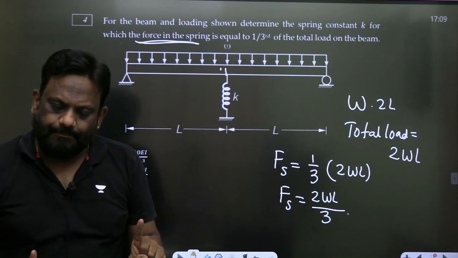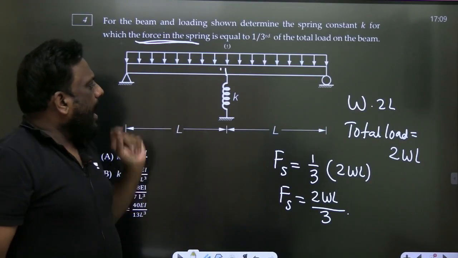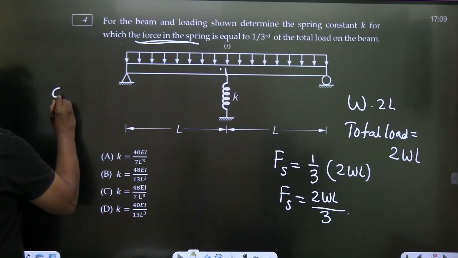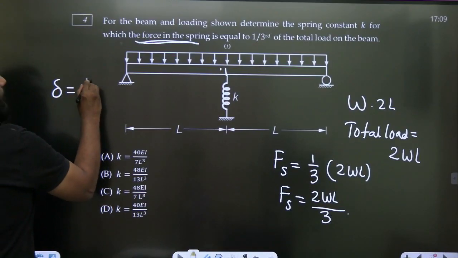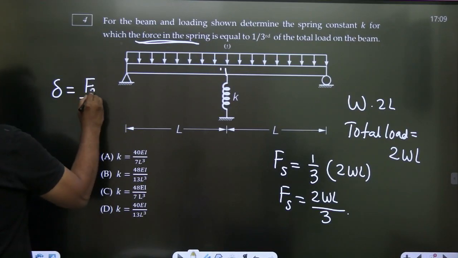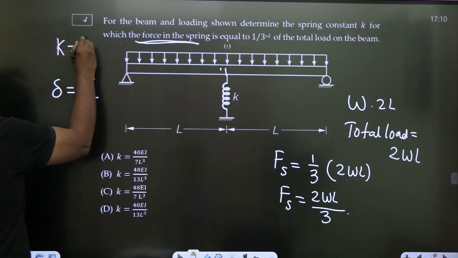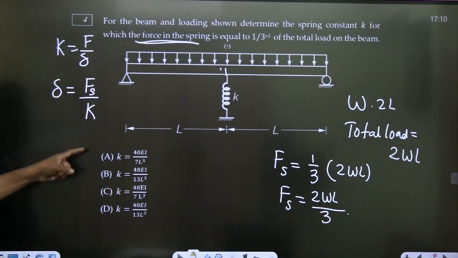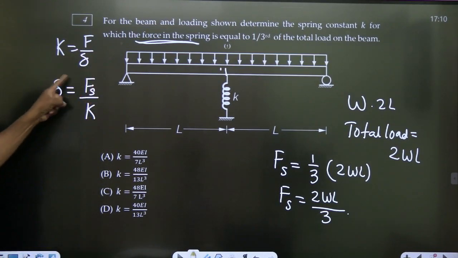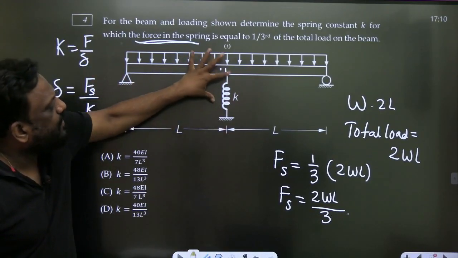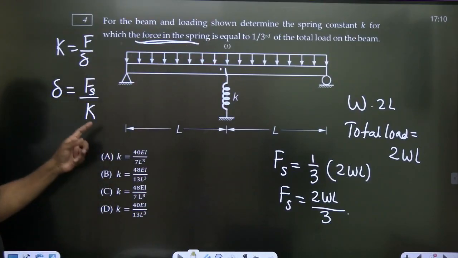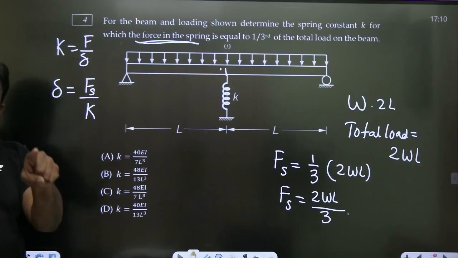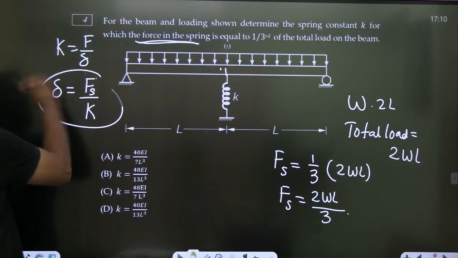Let me repeat, don't get confused. What will be the deflection of the spring? Force. Tell me, what is spring index? Force per deflection of the spring. So deflection is Fs by K. Whatever the spring is deflecting, it is because of the net deflection of the beam. So I will calculate the net deflection of the beam, and that should be equal to the net deflection of the spring, which